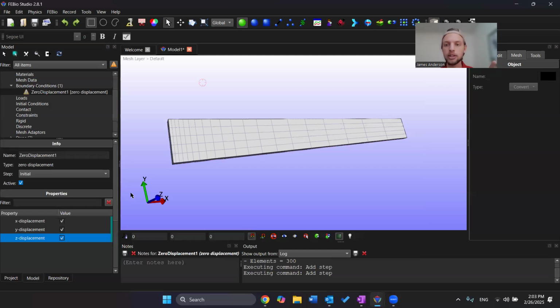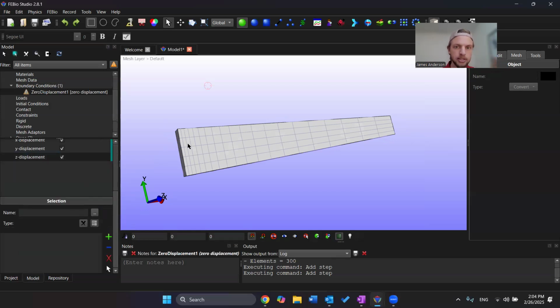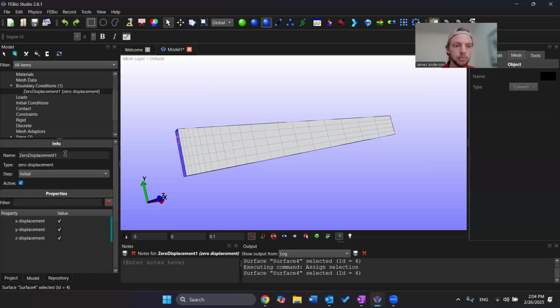And so we want to make sure that it knows exactly how to move in all directions. So we're going to fix in all directions here on this side. So there it is. And we want this to be part of the initial time step because we want this on the whole time. And we're going to scroll down. It's all set up except for we have to tell it which face to apply it to. So we're going to do our select faces, select this one, and add surface 4 to our zero displacement 1